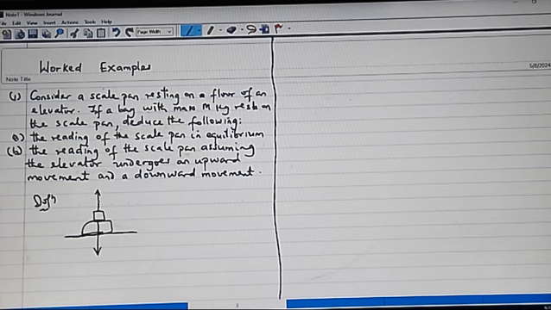So in a case of equilibrium, this is the tension on the scale pan and the weight of the object. At equilibrium, the tension, that's the upward force, will be equivalent to the downward force. Then in the case of an upward movement,